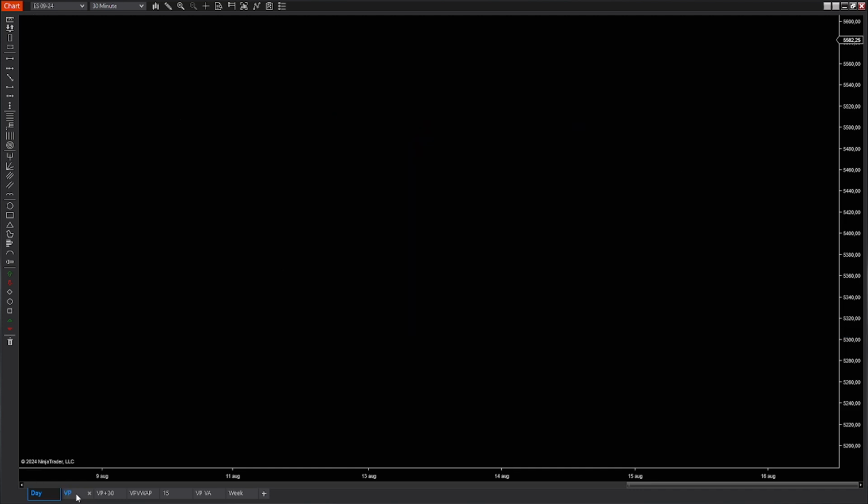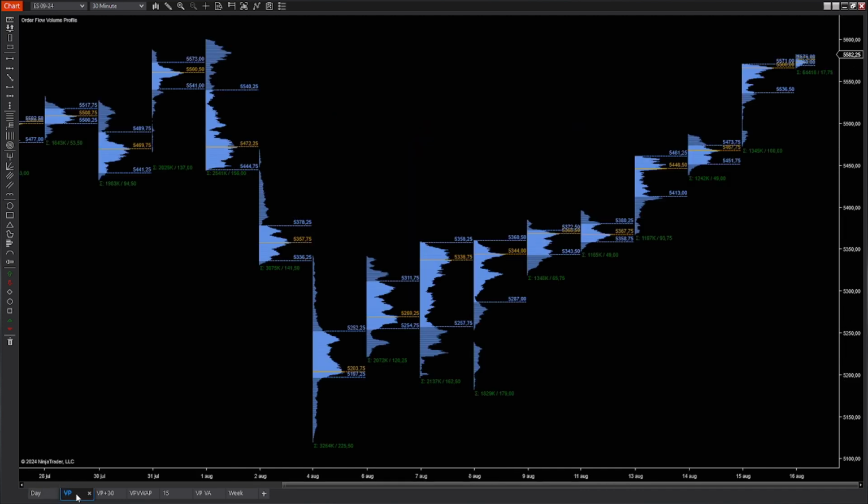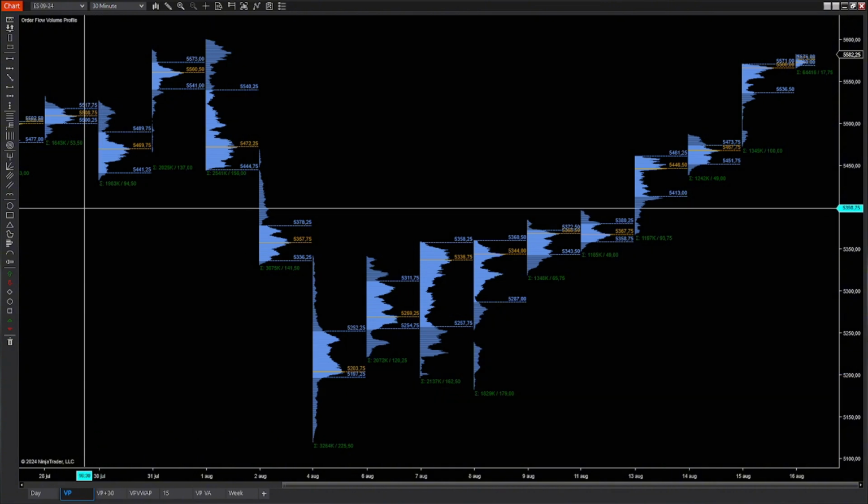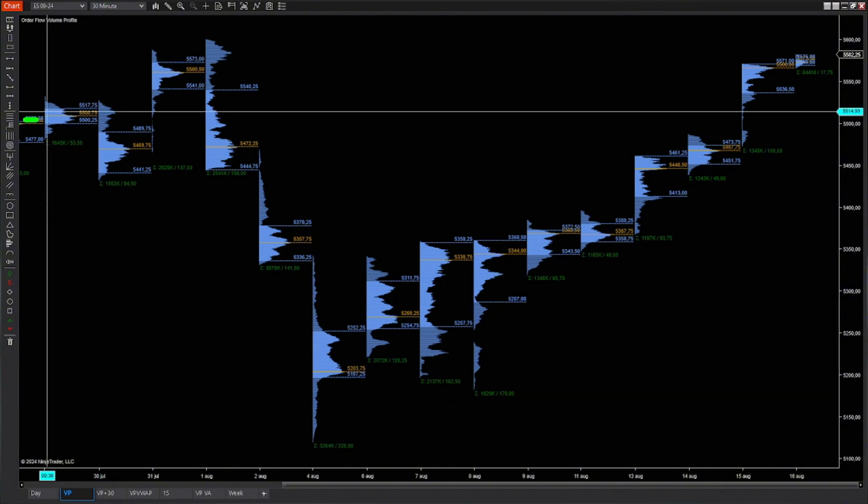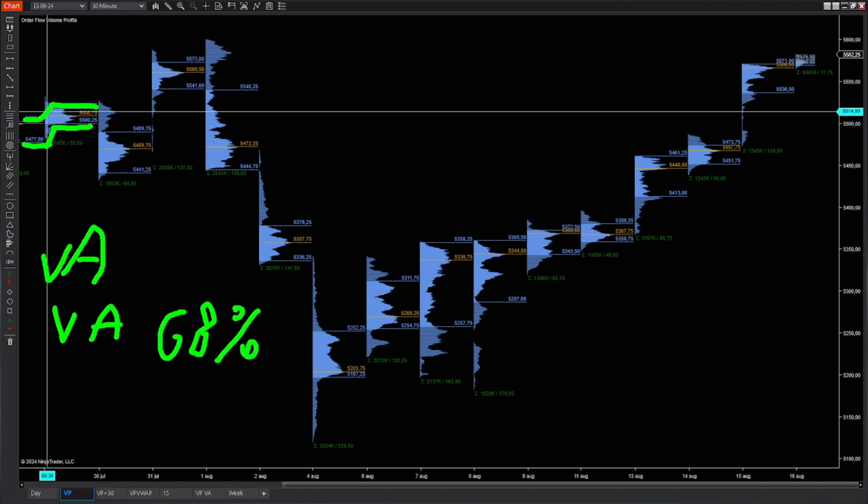Let's jump into a volume profile. So here we have an ES volume profile daily chart. As you can see, we are coming from here. We are building value. If you are unsure what these zones are, these are value areas. We've talked about this in other videos. Just to be quick, a value area is 68% of the most traded volume on a bell curve, which is